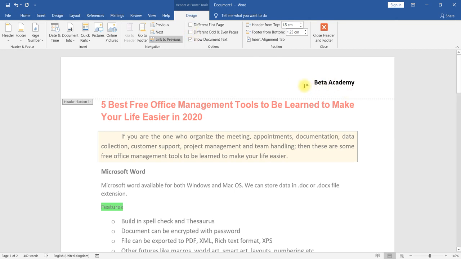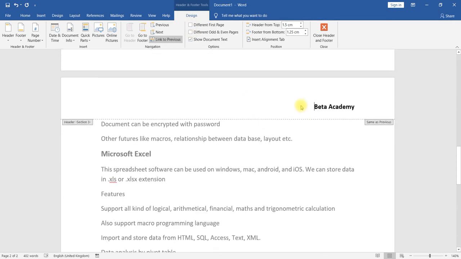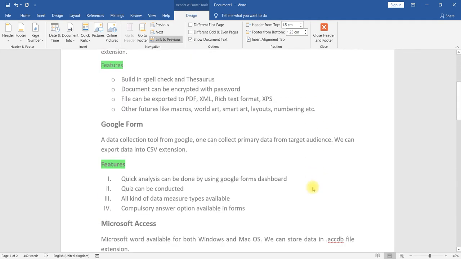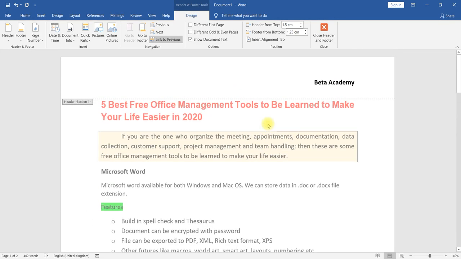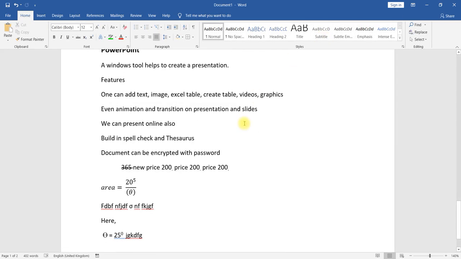If on the first page only you would like to write something else in the header, then we can use Different First Page. The first page header will be like this, and subsequent headers will be different. Like this also you can use, but most of the time we will not be using these things. We will be using this particular one, and Close Header and Footer to come back to the original document.